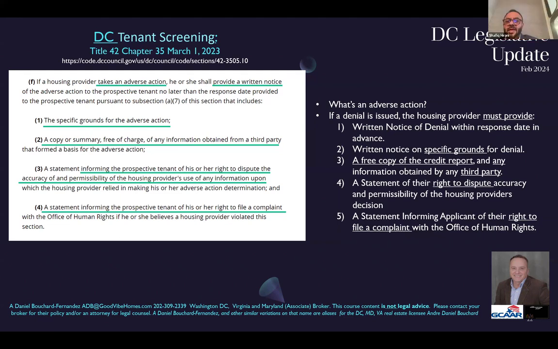Can you discriminate against them for not wanting a guarantor? Yeah, sure. You can say, based on your credit history and your amount of debt, we won't accept you. They say, well, I can get a guarantor. You could say, we don't accept guarantors. Oh, well,